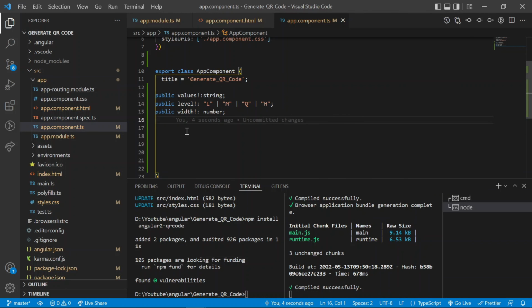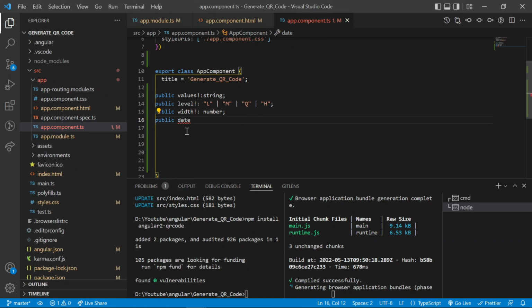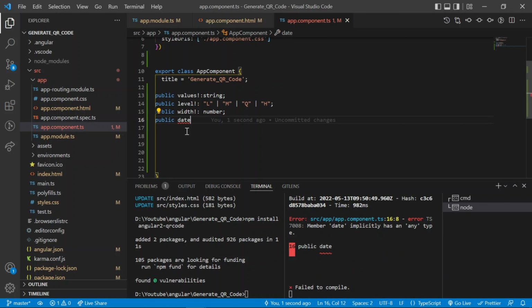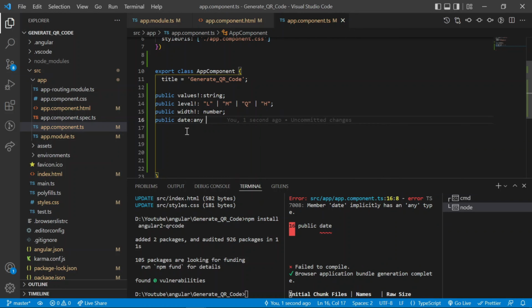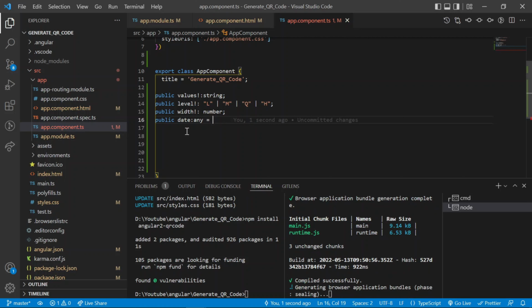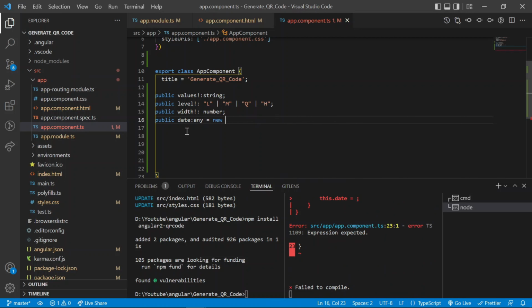Here I am going to take the date time. The date time will be used when the QR code is generated. So for the date time, let's create a variable, public date, and the type of the date is any. Let's assign that value first. New Date.